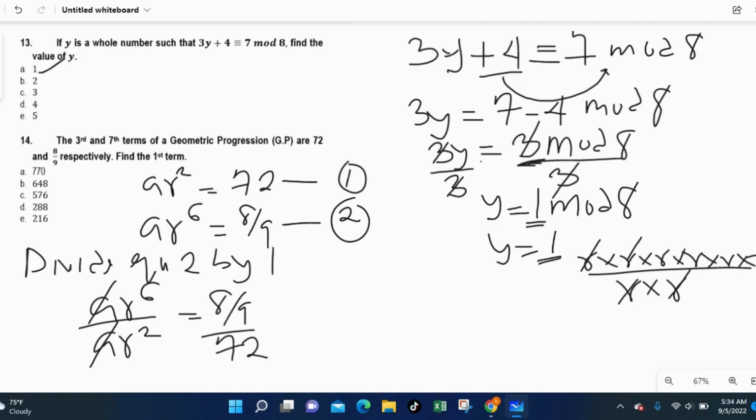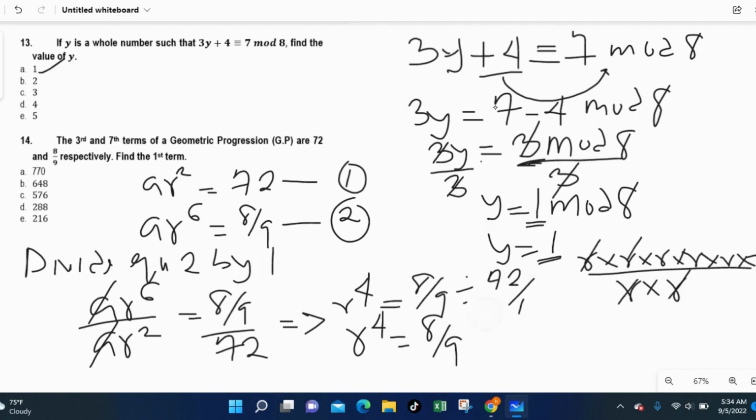How many R do you have remaining above? That will give us 4. So this will give us R raised to power 4 equal to. Now let's divide this. This will give us 8 over 9 divided by 72 over 1. Now our R raised to power 4 will be equal to 8 over 9 multiplied by 1 over